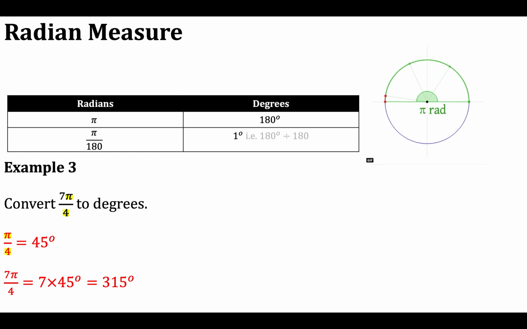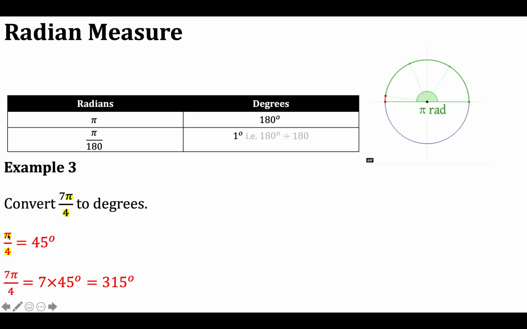Now, you could also do this if you know that pi radians is 180 degrees. You could do 7 multiplied by 180 and then divide it by 4. And it will still give you 315. But possibly what is slightly nicer is just if you know the conversions that I put up in red earlier, so it was 180 degrees, 360, 30, 45, 60 and 90, if you know those really well,